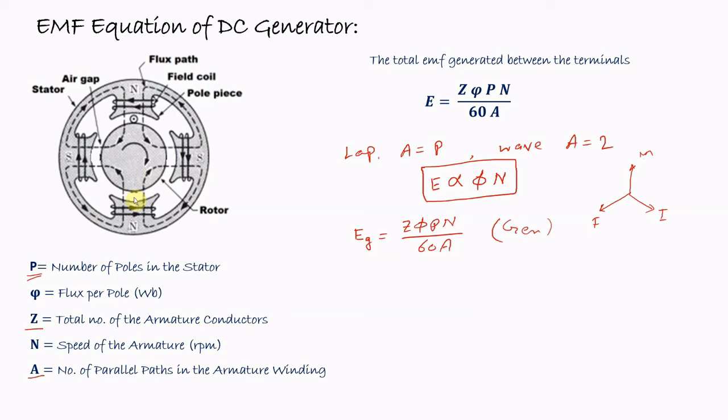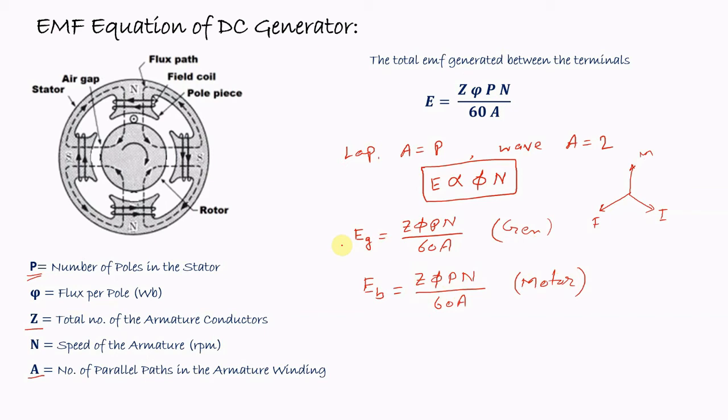On the other hand, in case of the DC motor, when the rotor is rotating because of the motoring action, the EMF will be induced in the armature winding, but here it will be considered as a back EMF because the induced EMF will try to oppose its cause. That means it will try to oppose the rotation of the rotor. But as the EMF is induced because of the generating action, the value of the induced EMF will be same as that of the generator.